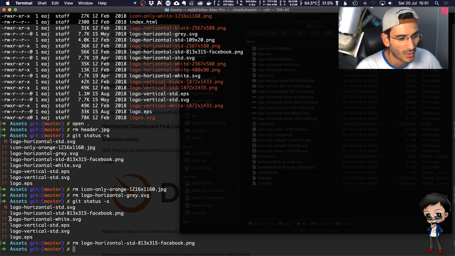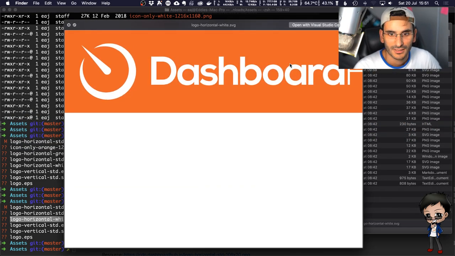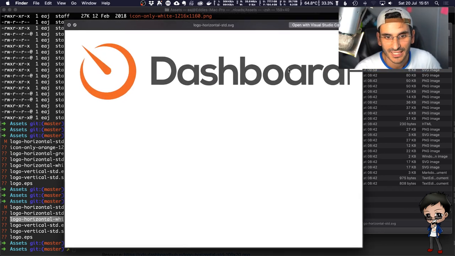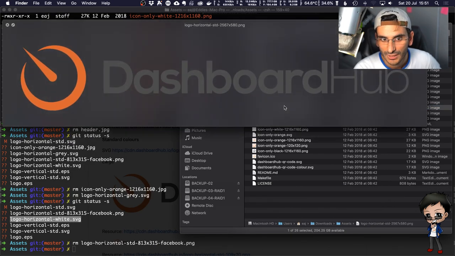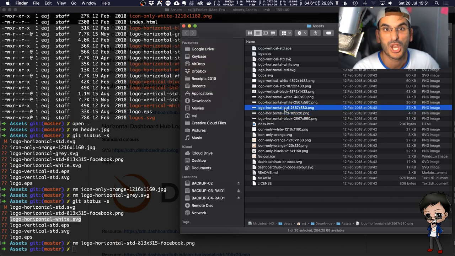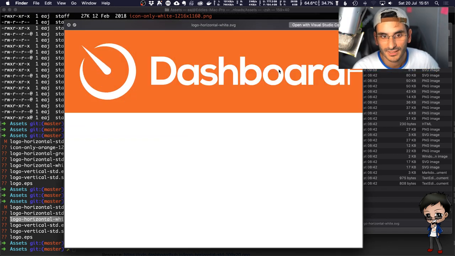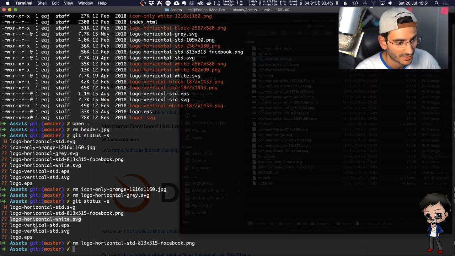SVG logo horizontal white. I think I need that, because I think it's a different SVG than this one down here. I think I need that as well, because the standard SVG, or not that one, that's different. Horizontal SVG is gray. That's a small one. So that's PNG. What am I doing? It's been a long week. What am I doing? So let's have a look. We have another SVG. So white, orange, and that's vertical, so that doesn't count. Okay, cool. So I'm going to keep that one.